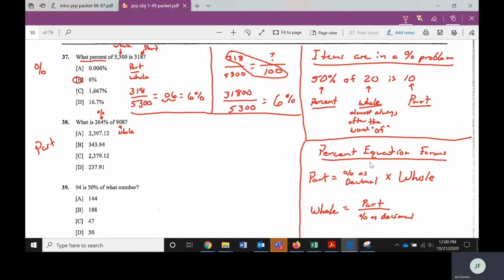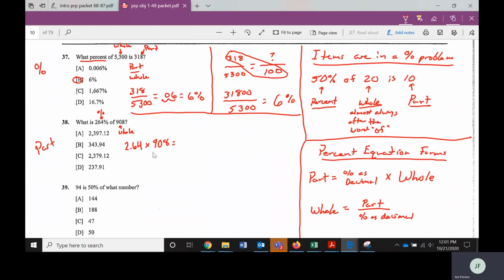First, we're going to look at the percent equation. To do this, we have to write the percent as a decimal. Now this is the tricky part. We have to make it smaller by 2 spots, so 1, 2. You might not even think of that as a decimal, but 264% is a big percent, so it's represented by 2.64 times the whole. So we're going to take 2.64 times 908,